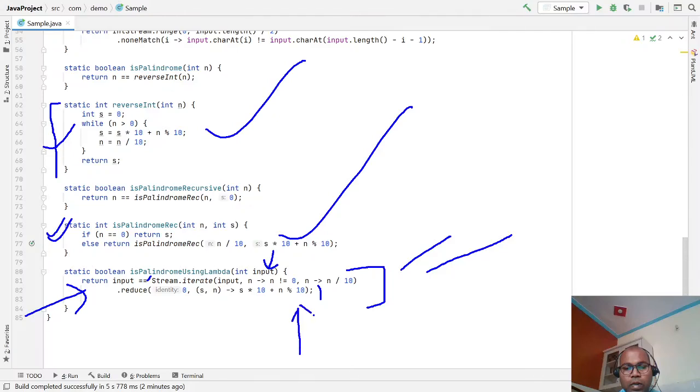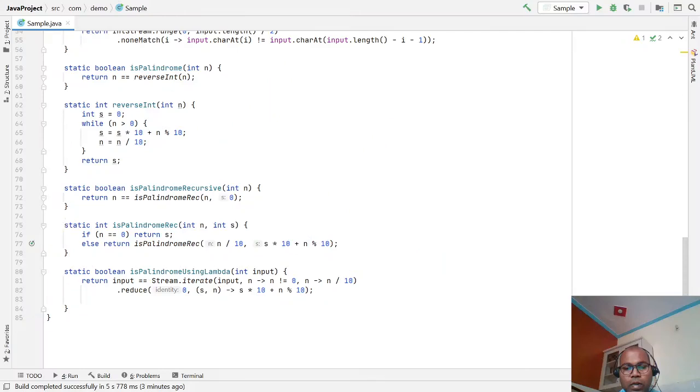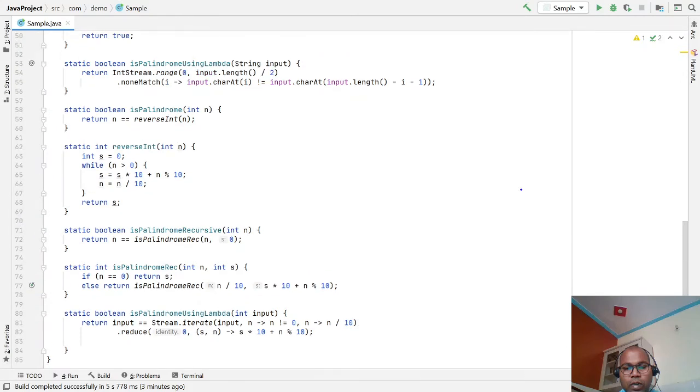Okay, so I hope now you are familiar with how we can write the iterative way, the recursive way, and the same code as a lambda expression. With a lambda expression the code is more concise and more readable, with very little code, and the function is a pure function, a pure method.